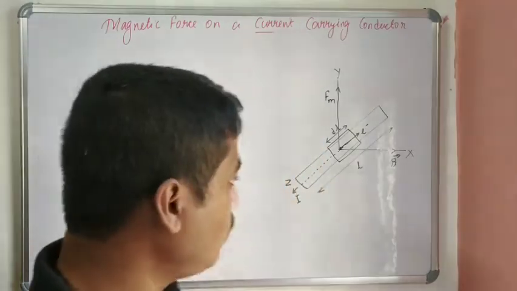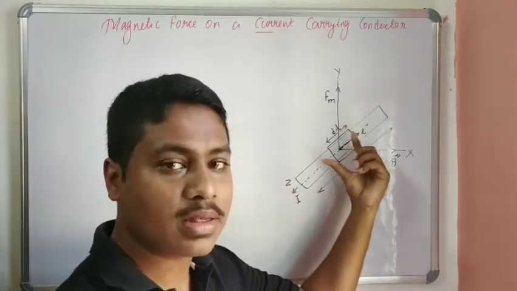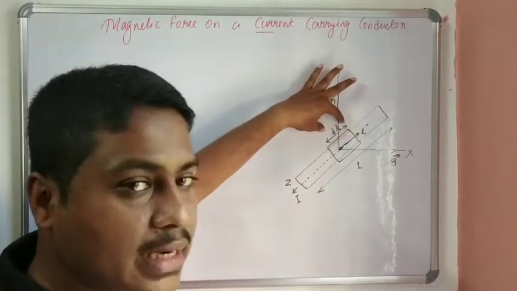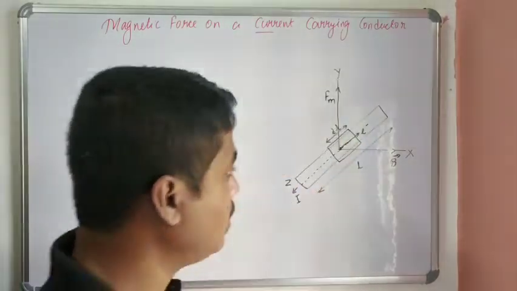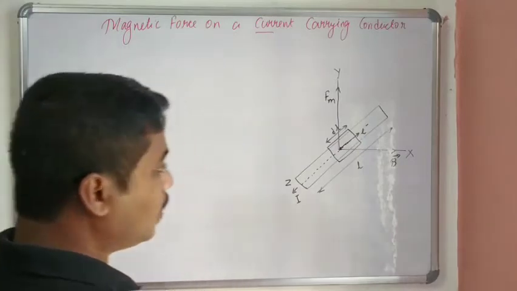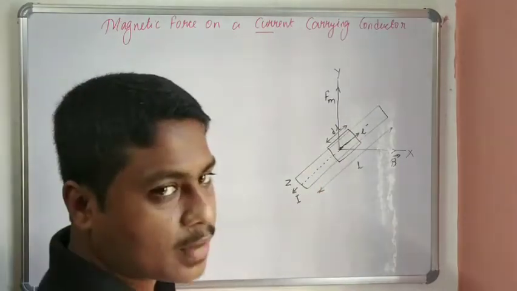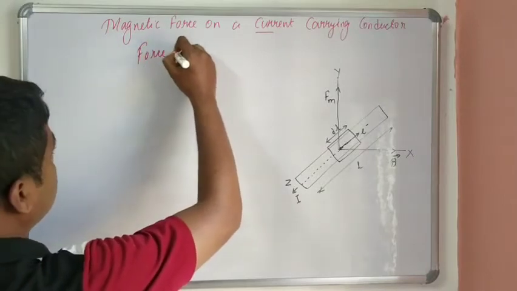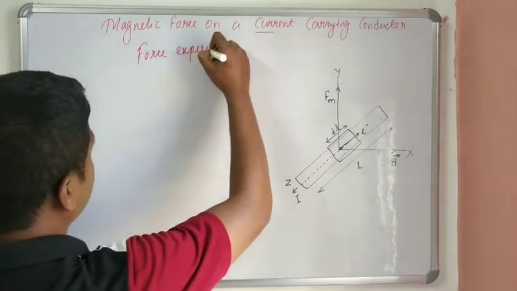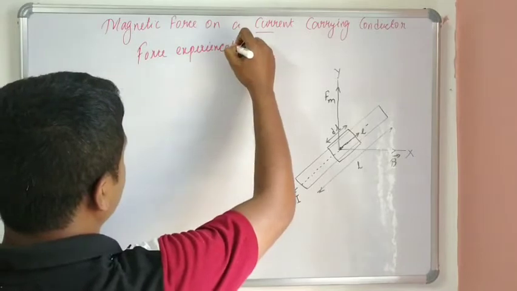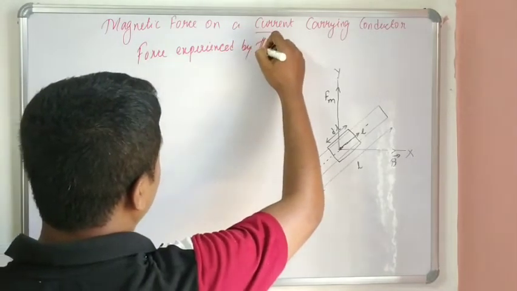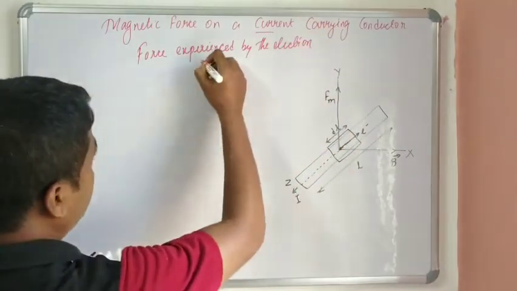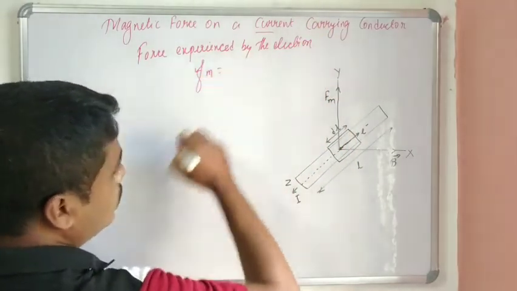Firstly, let us see what is the magnetic force experienced by only this simple part, that is a single part which is having a length of element dl. This is an element. Now, first of all, let us see the force experienced by the electron. So the force experienced by the electron I can consider as Fm is equals to, since I